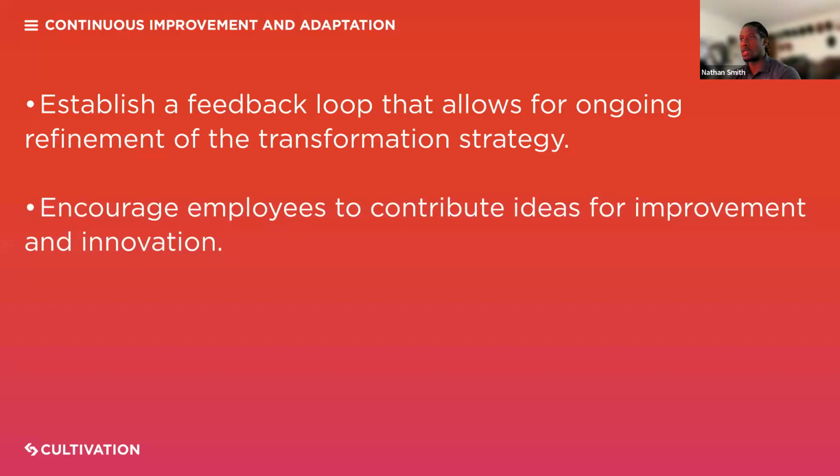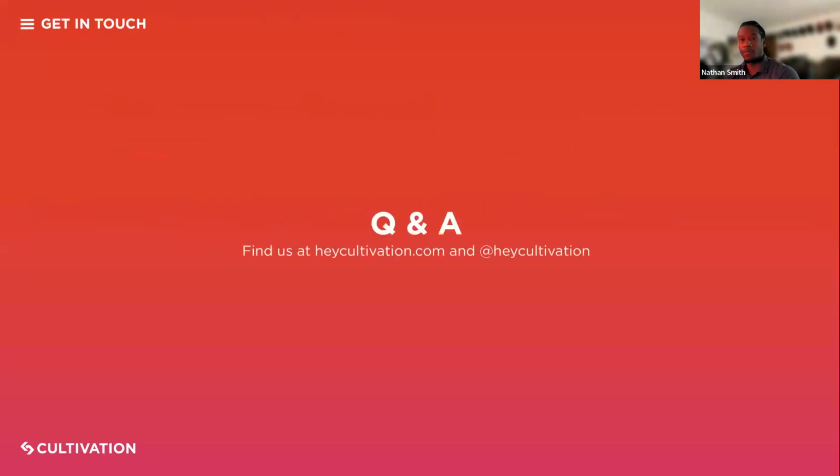And last but not least, you just want to make sure that support is there throughout the whole entire process, because digital transformation is not only something that happens once, but it happens over the years that you have your business as well.